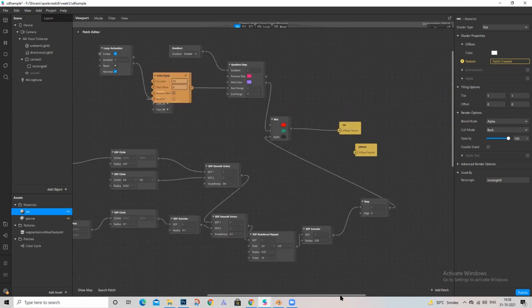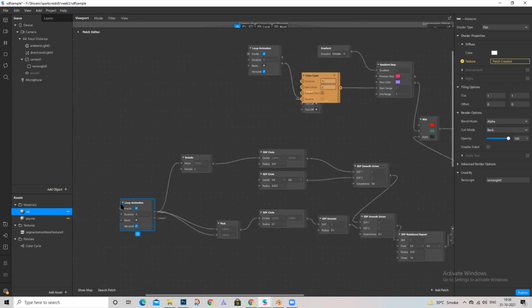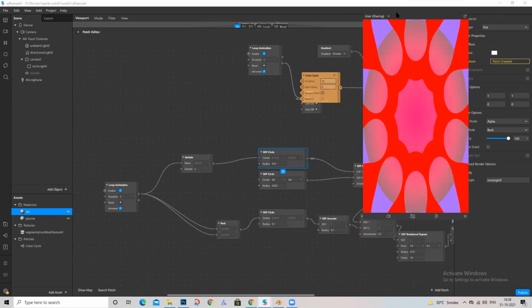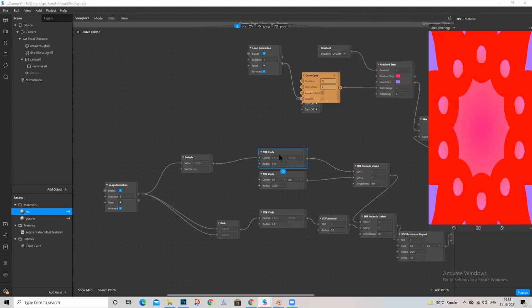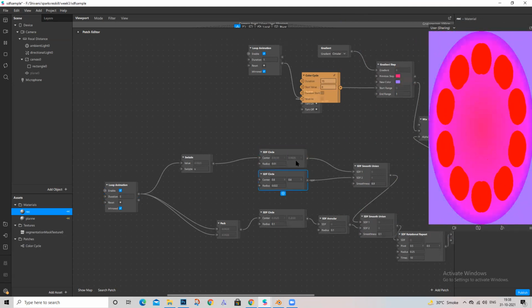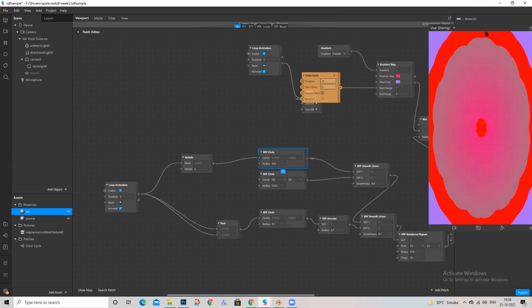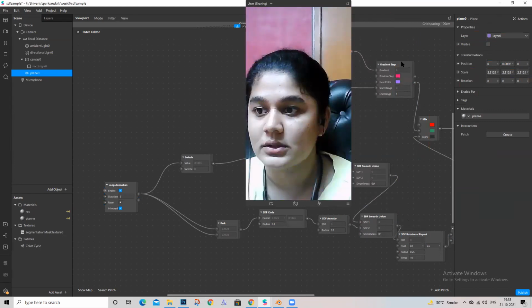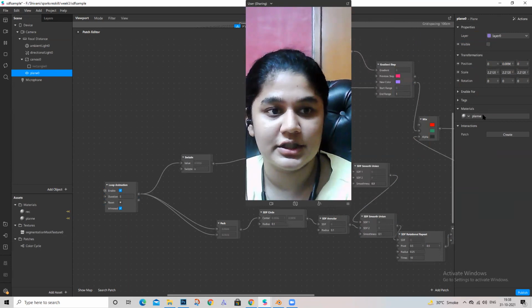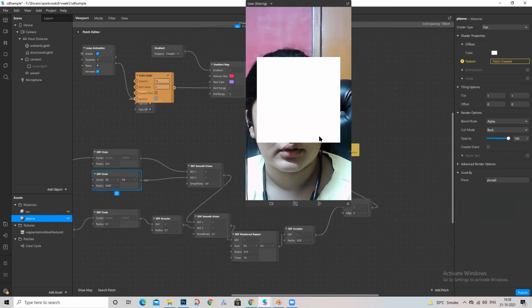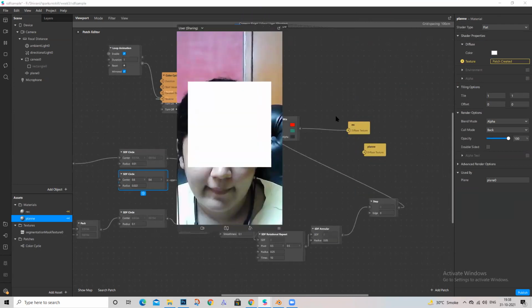So I'll show you what I have done. So first things first, okay, just a second. I used 2 circles of different. Just a second. I'll change it to this. I'll change it to a plane, and okay.